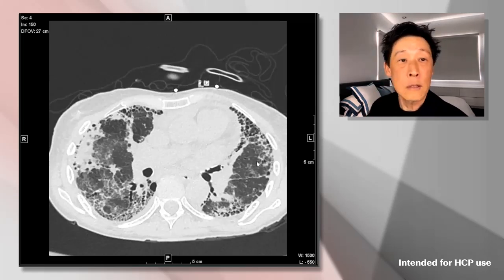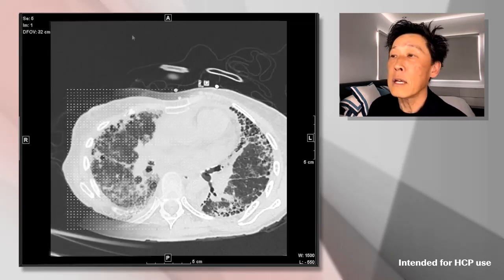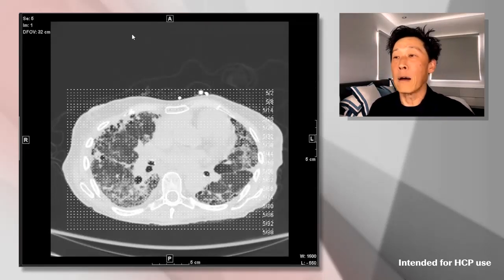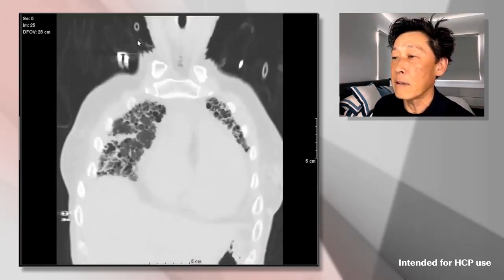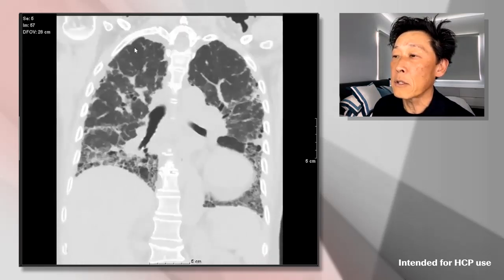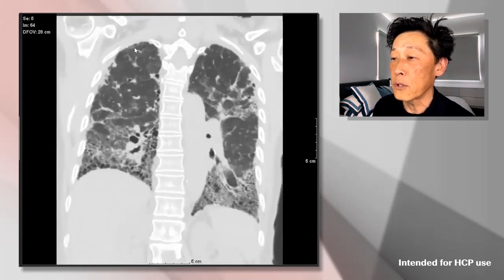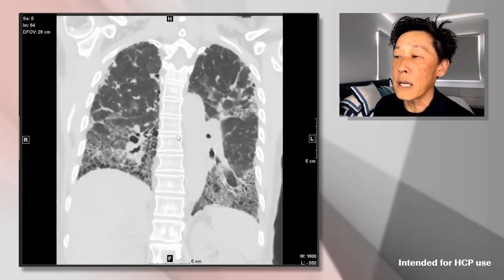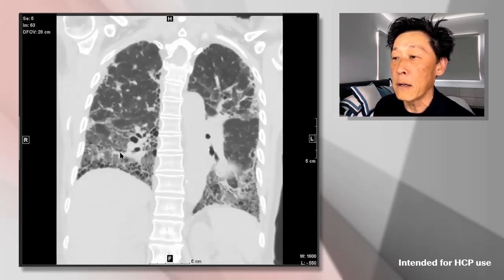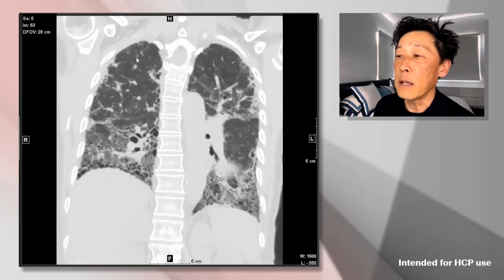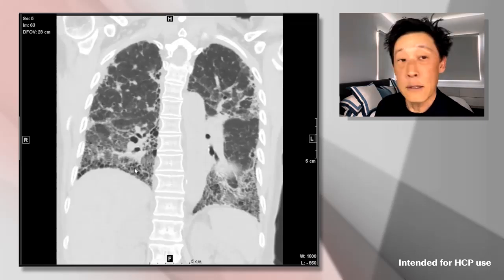Now, this distribution should be within the basilar periphery of the lung, or favor the basilar periphery of the lung. So let's look, on a coronal reformat, at how easy this is to see. I'm going to scroll to the middle portion of the chest, to the back. We're just at the thoracic spine here. And we can see that certainly the lung from the apex down to the bases looks abnormal. But notice that the abnormality is much more extensive as we head to the bases.